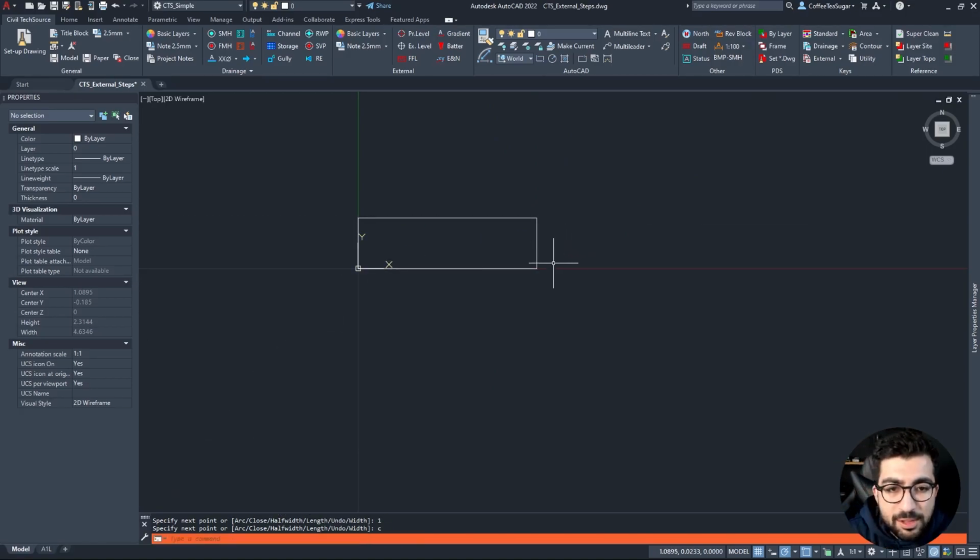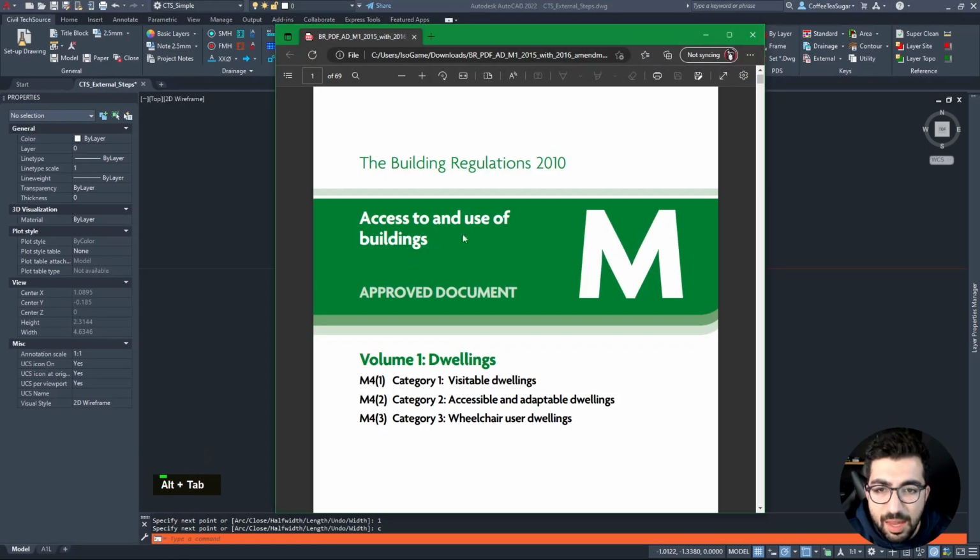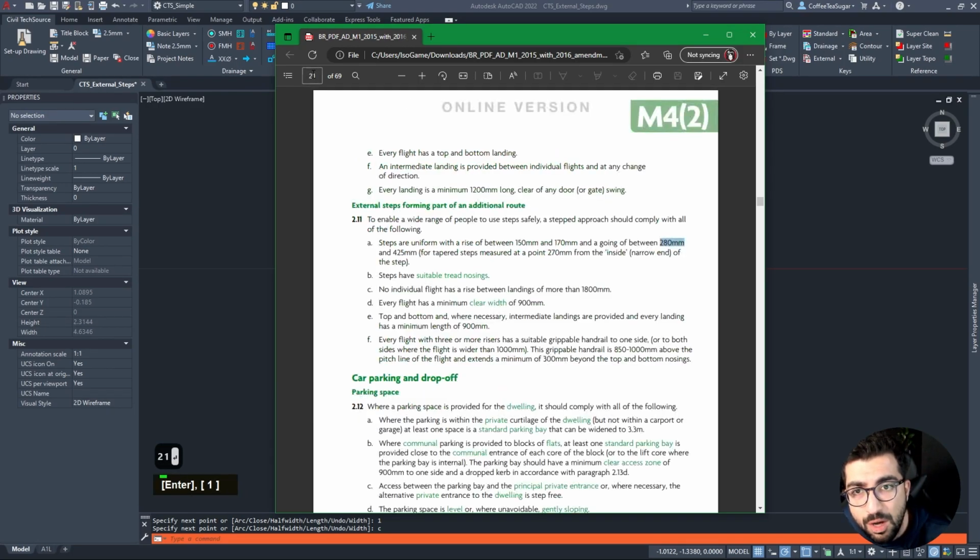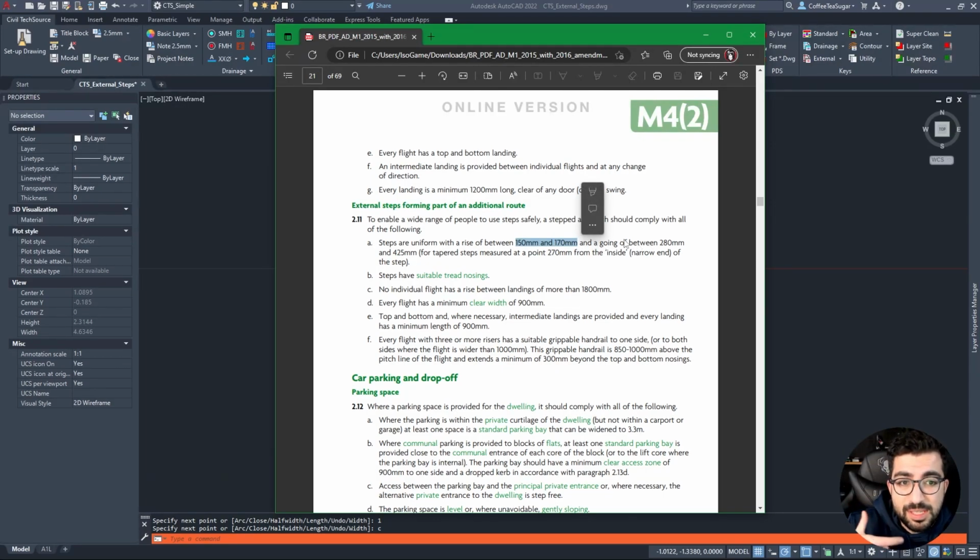So now the 280, that distance of the step, was taken from the Approved Document M, Volume 1, Access to and Use of Buildings. And if we go into page 21, in the external steps forming part of an additional route, you can see steps are uniform with a rise between 150 and 170, so that's the height of the step. And then the distance of the step to actually put your foot on is between 280